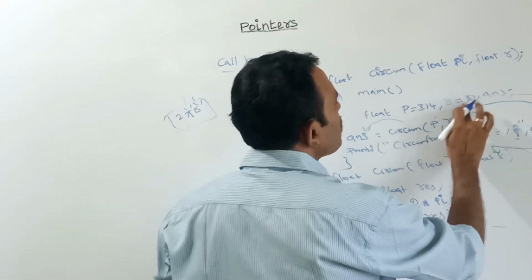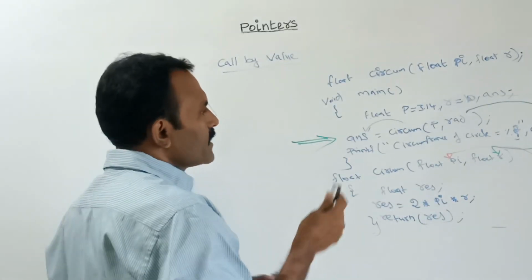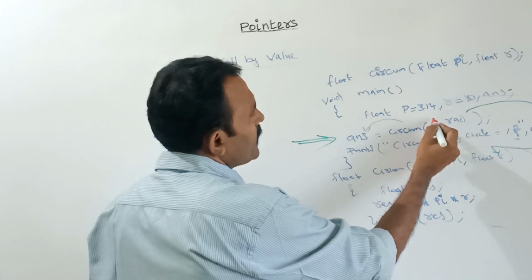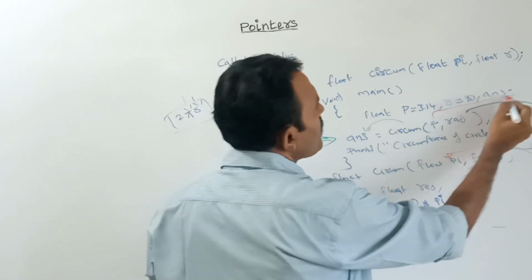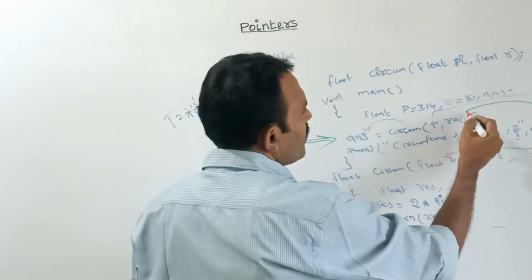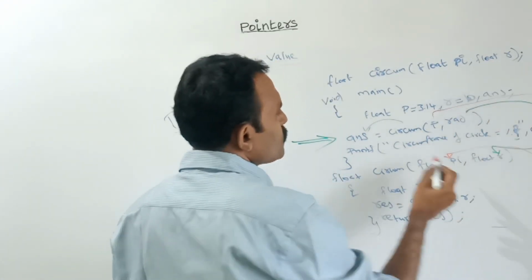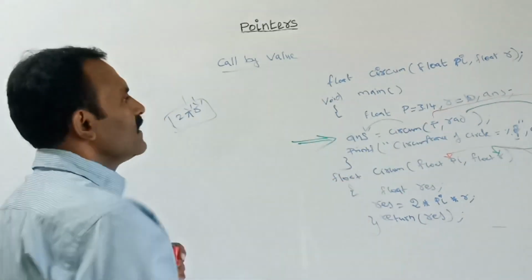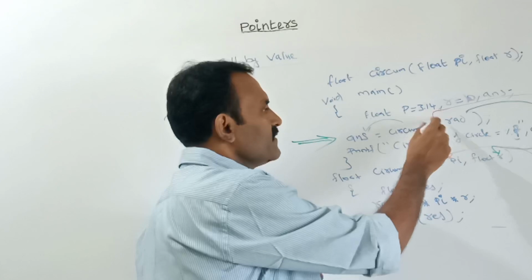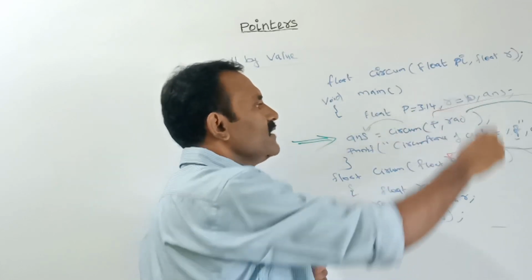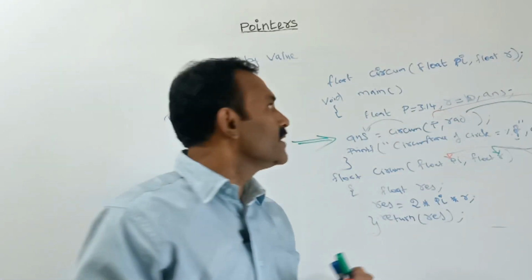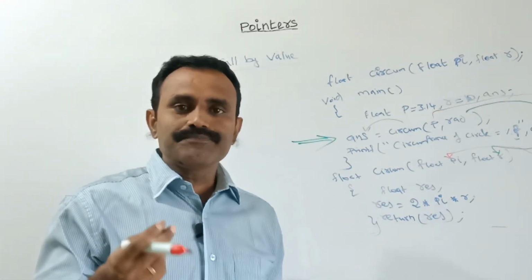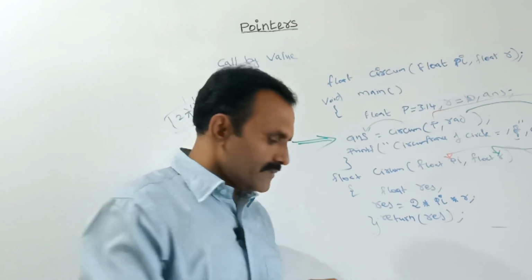So the first argument is the value p, I am passing the value of p, so inside this p that value will be passed. Next, the rad value, that is 10, is passed. Here I am mentioning the variable name instead of the value. This is also call by value only, because if I mention the variable, the value inside that variable is what gets passed. So all of this comes under call by value. Now let us see about call by reference.